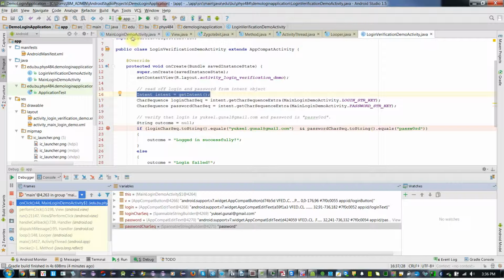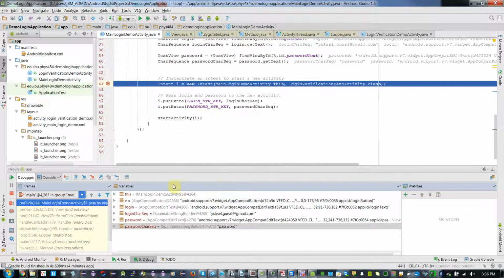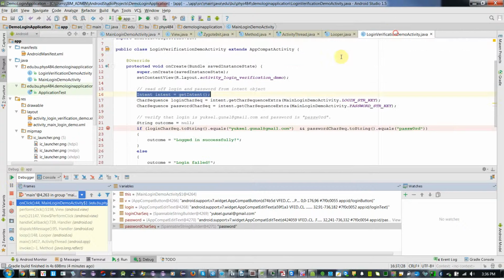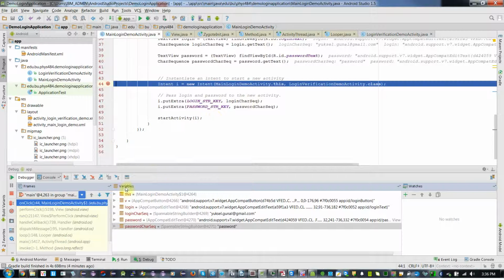Now, before I go there, let's see how we can start the execution. So if I click on this, the next time it will stop is right here. But I won't do that. Instead, I'll execute the application step by step. To do that, you see these widgets. Hover over here. It says step over. This says step into. The difference is that